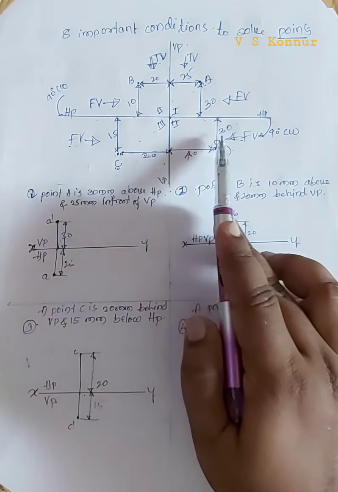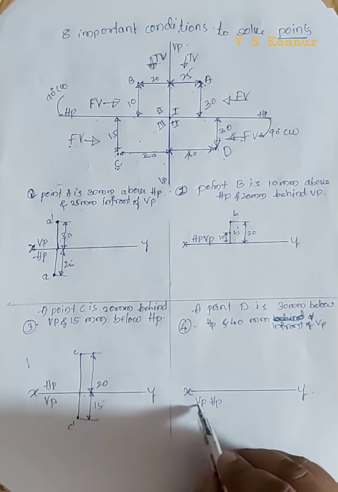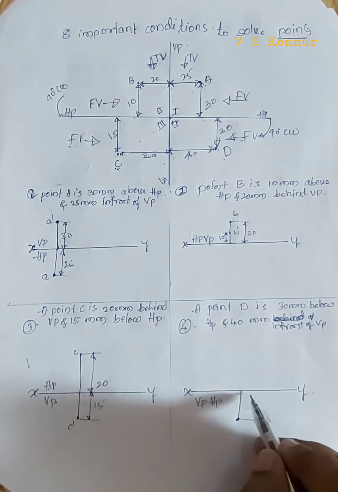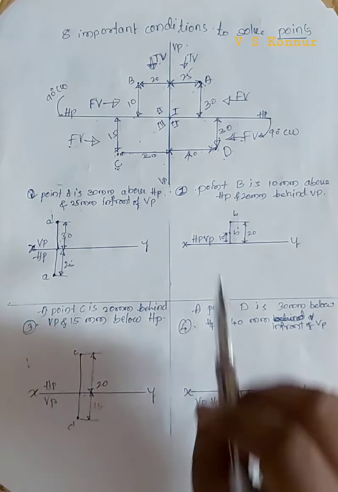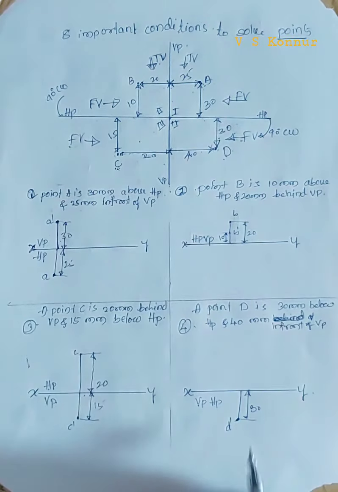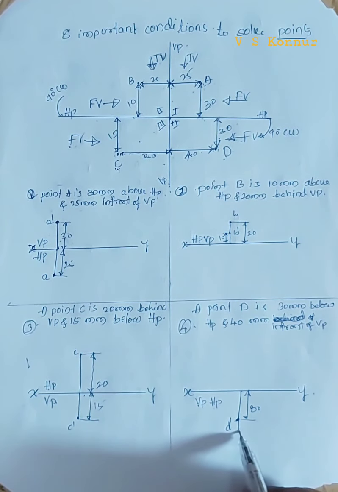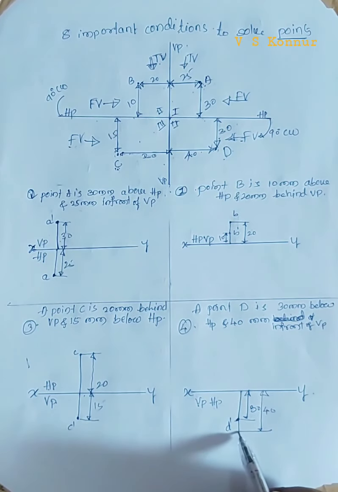From the front view, 30 mm is visible. This 30 mm is projecting on the vertical plane. Where is the vertical plane? Here it is. So we'll take 30 mm here, mark a point, and the distance is given by 30. And it is a front view, so D dash. From the top view, 40 mm is projecting on the horizontal plane. Where is the horizontal plane? It is also below. So once again, we'll extend it for 10 mm and mark it as 40, and this is indicated by D because it is a top view.